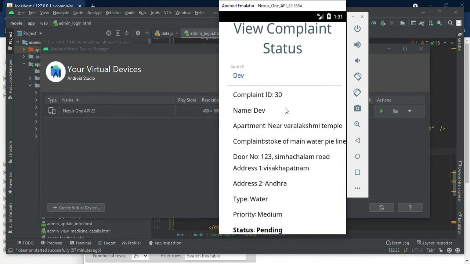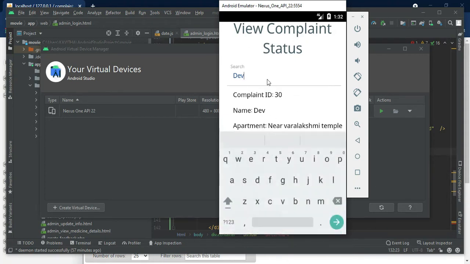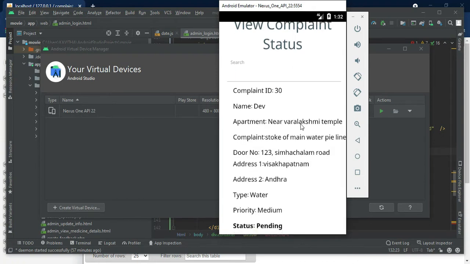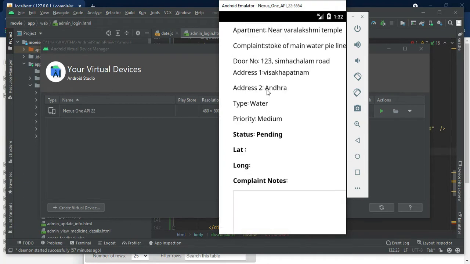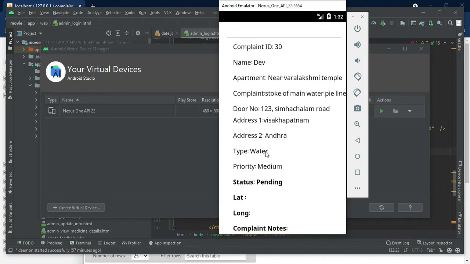You can see the complaint status is pending now. So here the complaint status is pending. You can add or edit if you want.